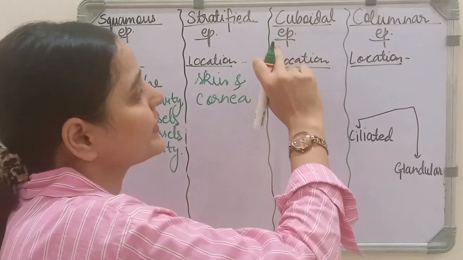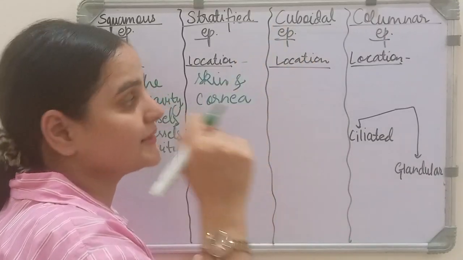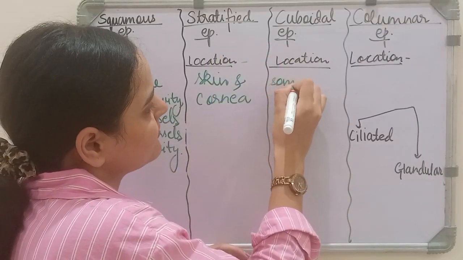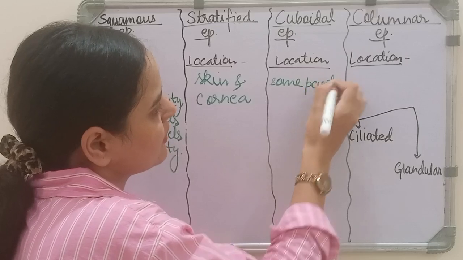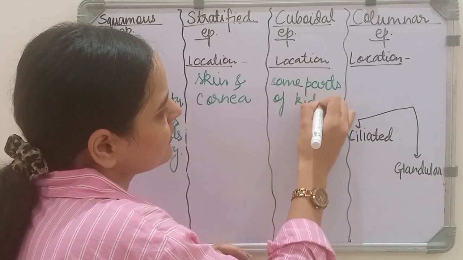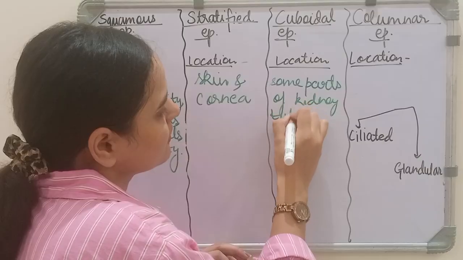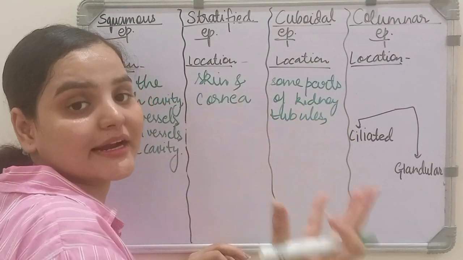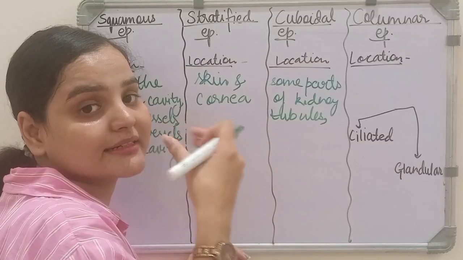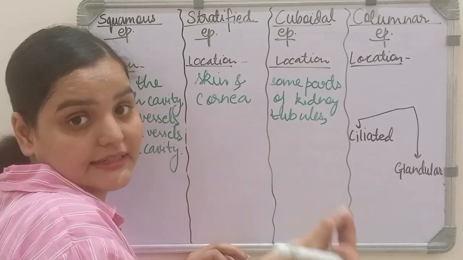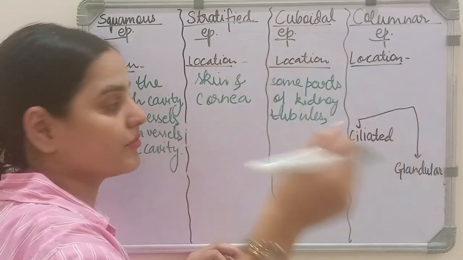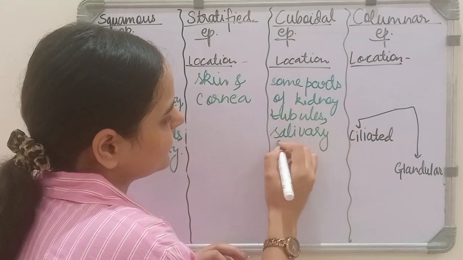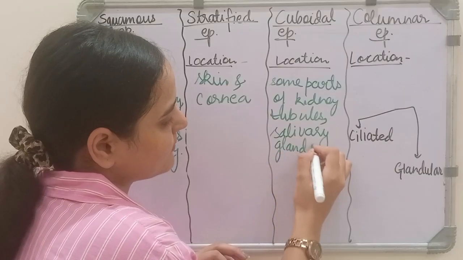Now, cuboidal epithelium. This cuboidal epithelium is found in some parts of the kidney. So let's write, it is found in some parts of kidney tubules, as well as in the salivary gland and the pancreatic duct. The salivary glands are present inside our mouth and they secrete saliva. Okay, so they are found in salivary gland and pancreatic